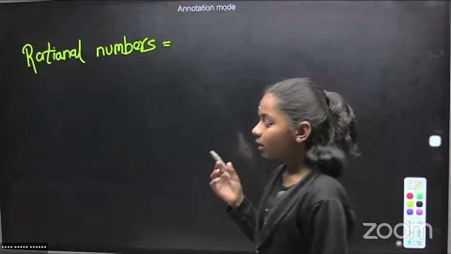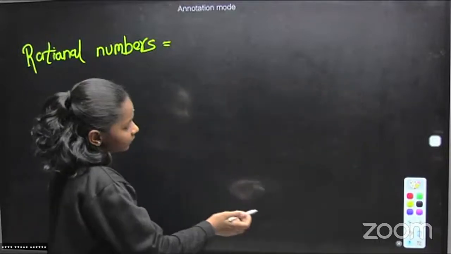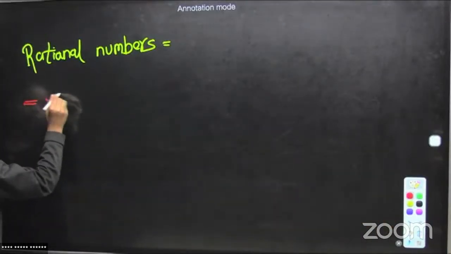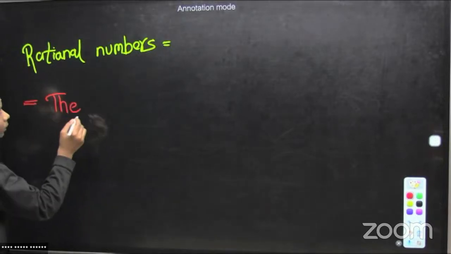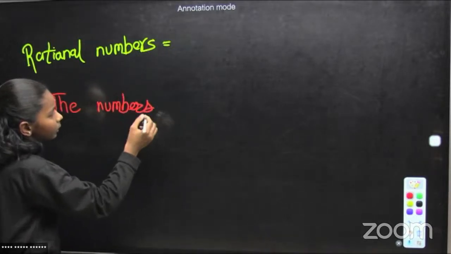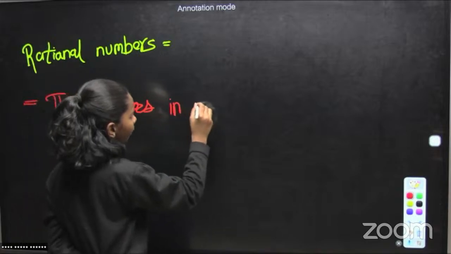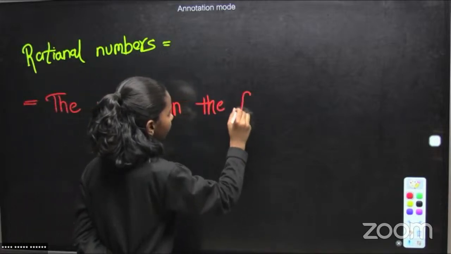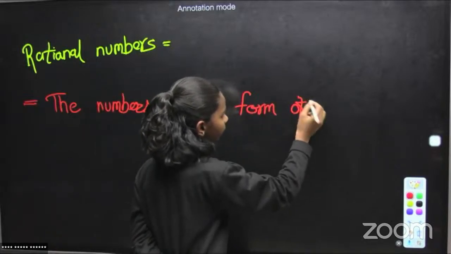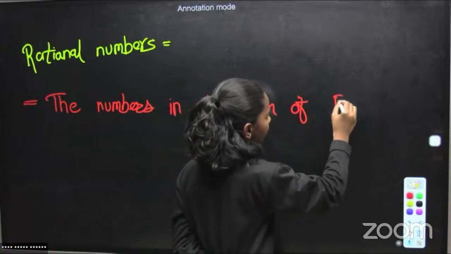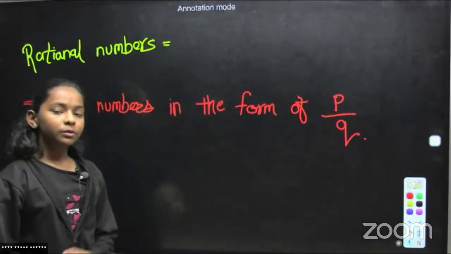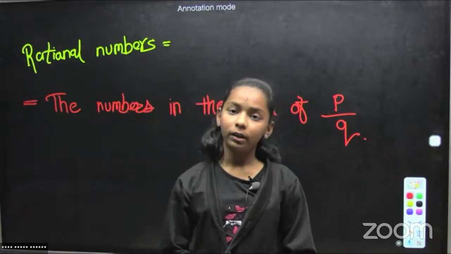Rational numbers are the numbers in the form of P upon Q. The numbers which are in P upon Q form are called rational numbers,